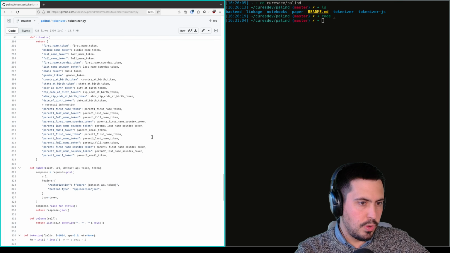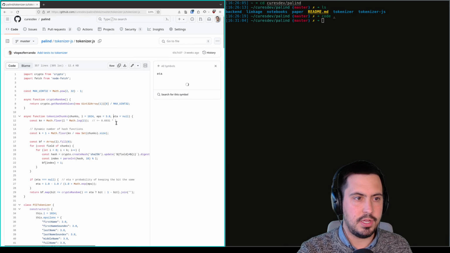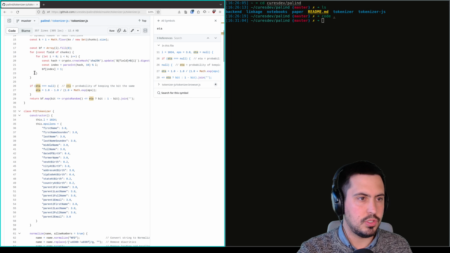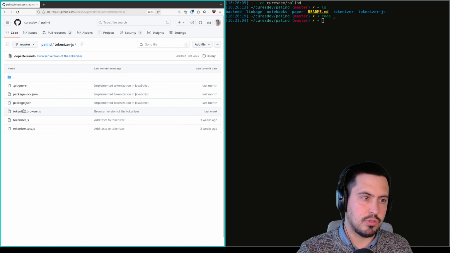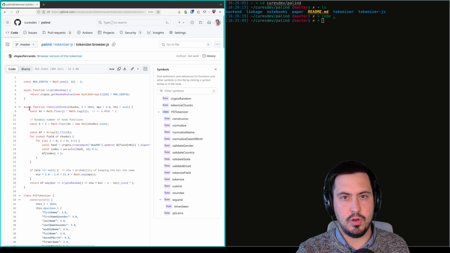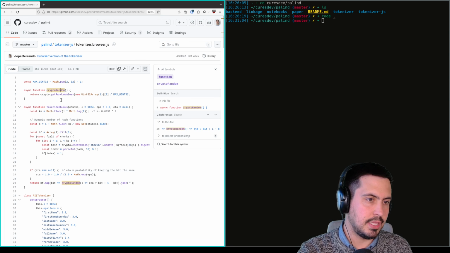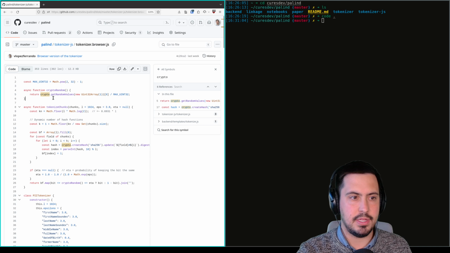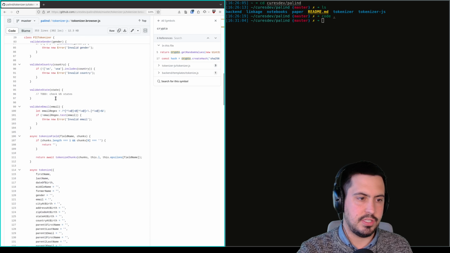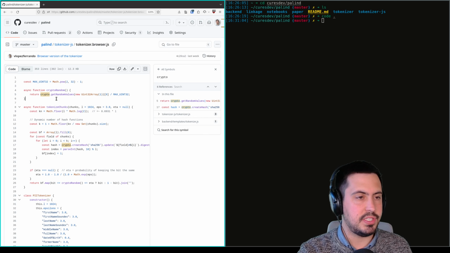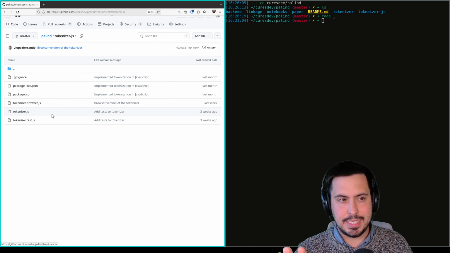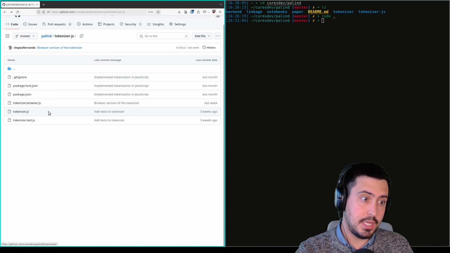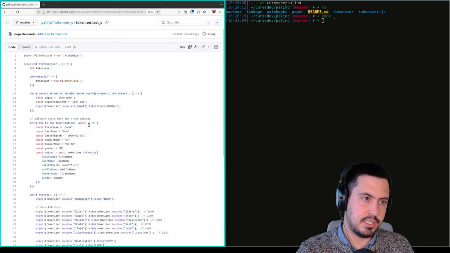Next is the tokenizer, the JavaScript implementation. And here we have two versions. One version is this one here, which can run in Node. So we import some Node stuff here. And then we have the browser version, which has the Node stuff removed and directly uses the crypto library for generating random numbers or doing the SHA-256 and so on. So this is the JavaScript library. It is an exact match of what the Python library does,